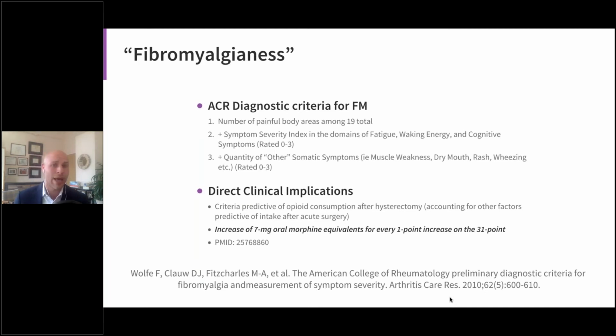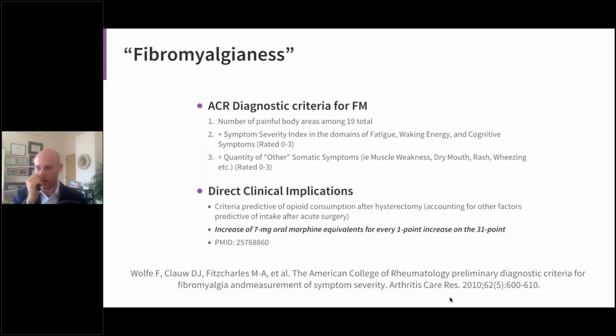So a person who has 10 of the classic fibromyalgia spots, or even 12, but none of the other somatic type symptoms, is less likely to have this centrally sensitized nervous system than someone who has a score of up to 18. So what the research shows is on a score of 0 to 31, it's pretty linear as far as likelihood of having fibromyalgianess or a tendency towards fibromyalgia, up to a score of about 18, and then it